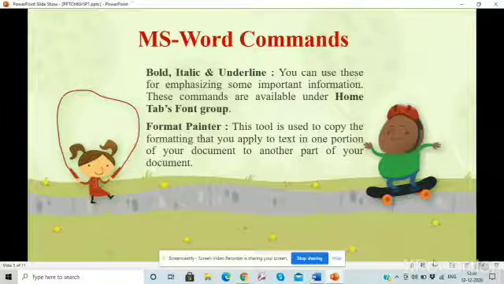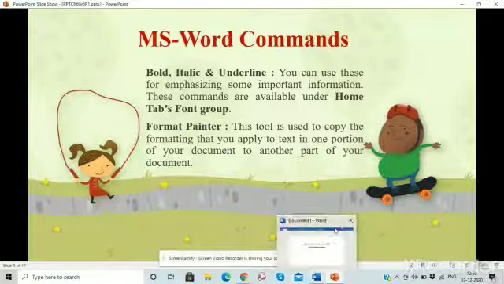That means whatever is important, you want to highlight, you can make it bold or underline, whatever you want. Format painter is used to copy the formatting of a particular sentence to somewhere else. If I have given the formatting in the first heading, and I want the same formatting in the second heading, you can copy the formatting through format painter.